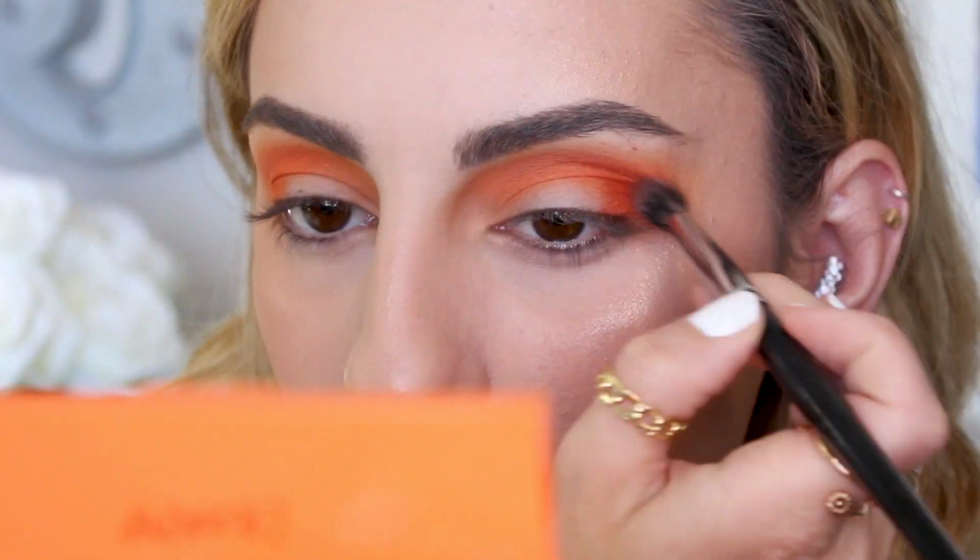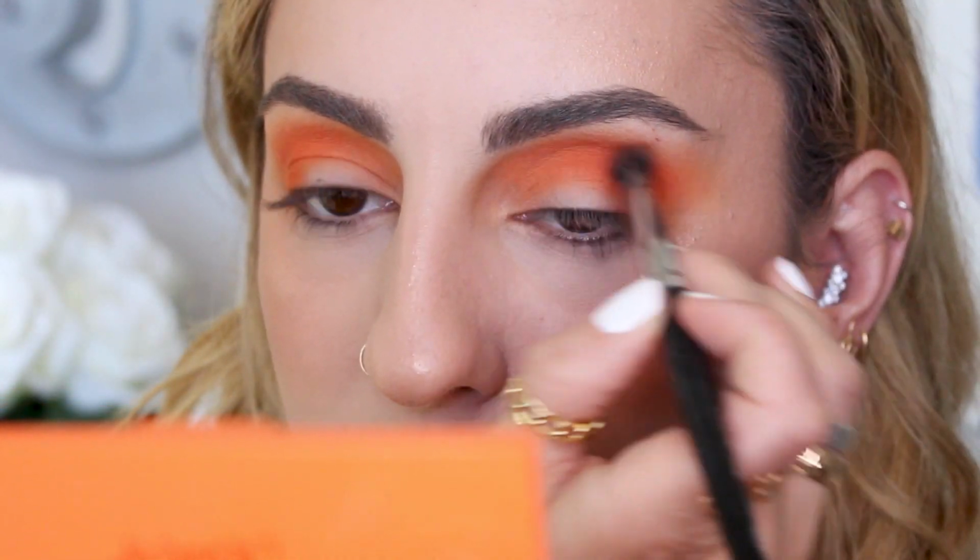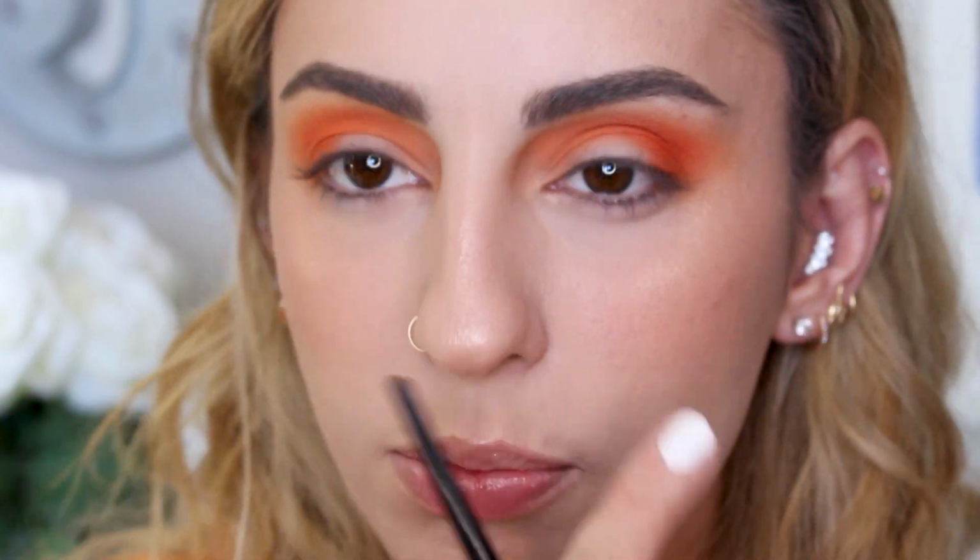I'm going to take a little bit of this brown color. It's called Ya Peel Me. And I'm going to put a little bit in my crease just to deepen it up. Oh, okay. So good news is it's not really taking away from the orange. But as you can tell, it made it a little bit deeper, which is what I was going for. So Colourpop launched a strawberry collection right after this orange palette, and they have a jelly matte shadow